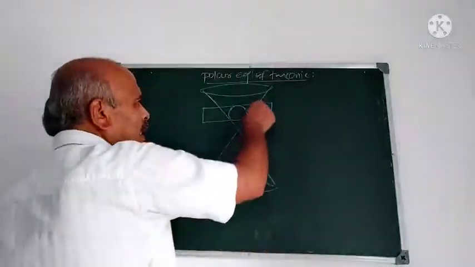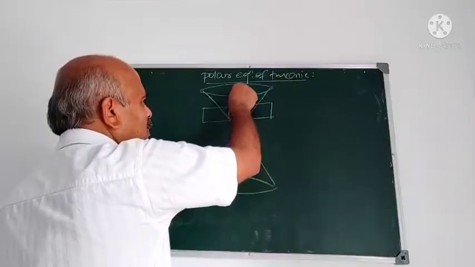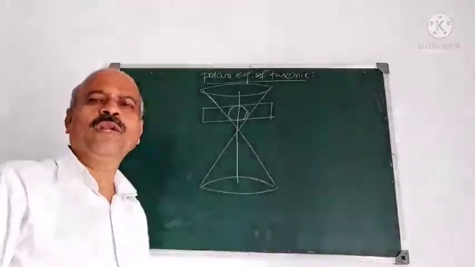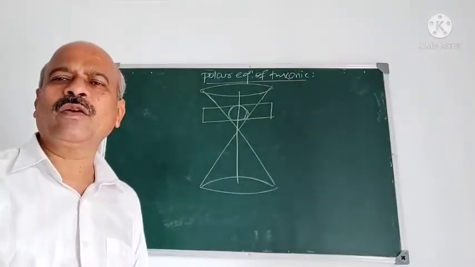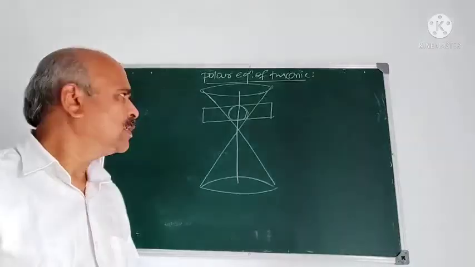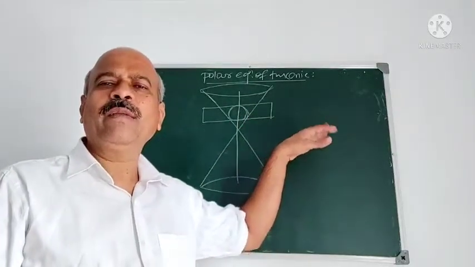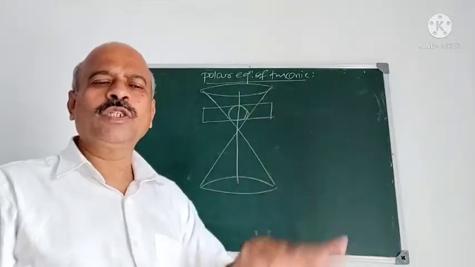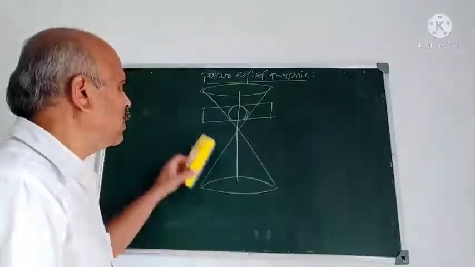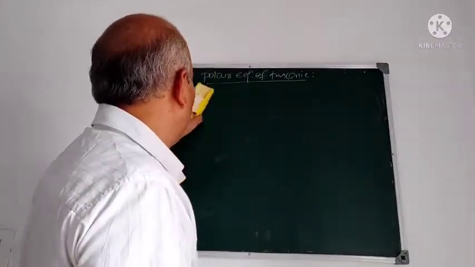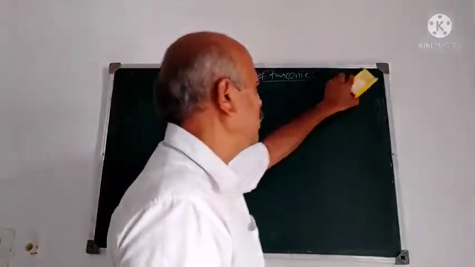Common area to this plane and this cone, right circular cone, is a circle. By varying the inclination of this plane with the axis, this is the axis of the cone, we may get different geometrical figures. They are known as conic section. Circle is also a conic section. You will get ellipse, hyperbola and parabola, so on. But we study this conic as locus of a point.